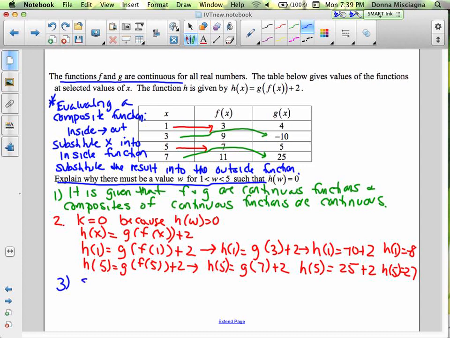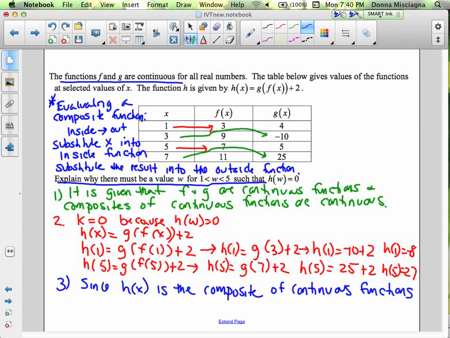All right, so since h of x is the composite, I always sum everything up after I've answered it, so nobody could possibly miss that you've stated everything. It's a good way to end when you've got to explain something, anytime you've got to explain anything in math. So since h of x is the composite of continuous functions, and is therefore continuous,